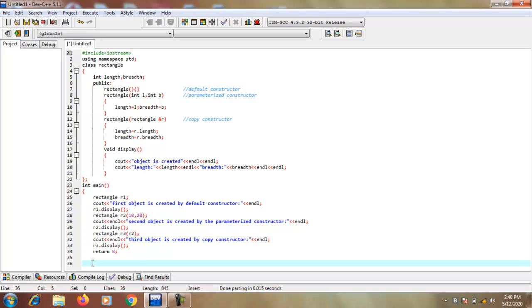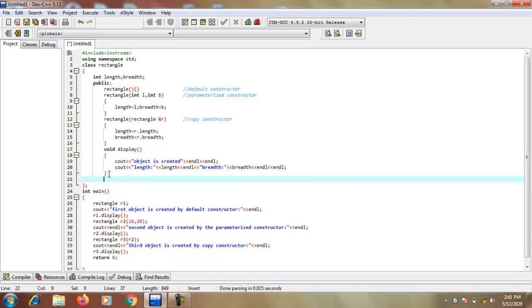Today's programming is to demonstrate the multiple constructors in a class and a destructor. So I was not declaring any destructor in the class, so at last I declare the destructor.